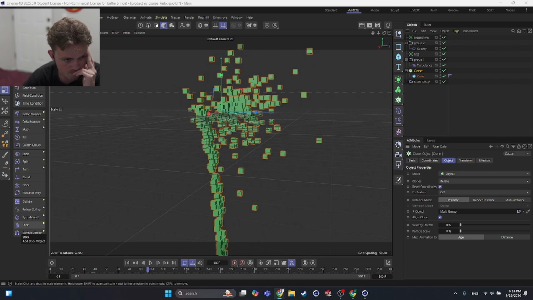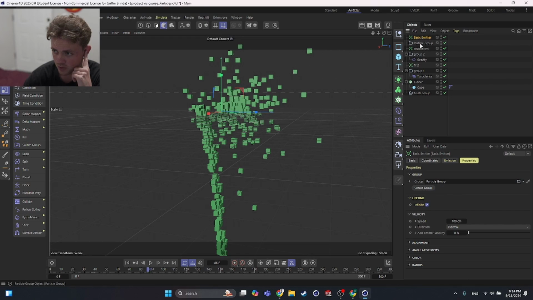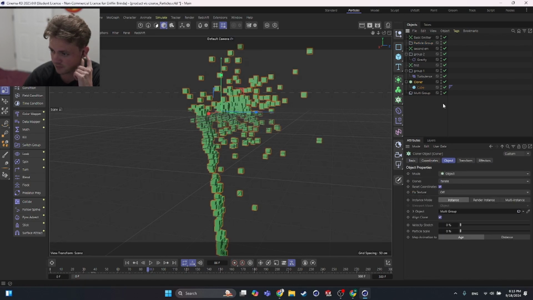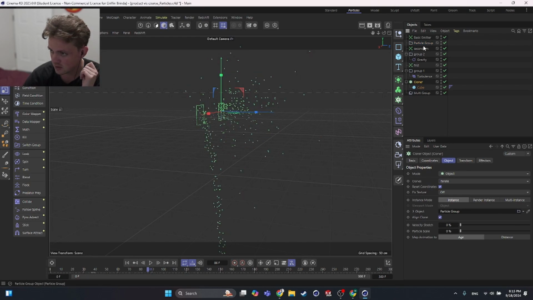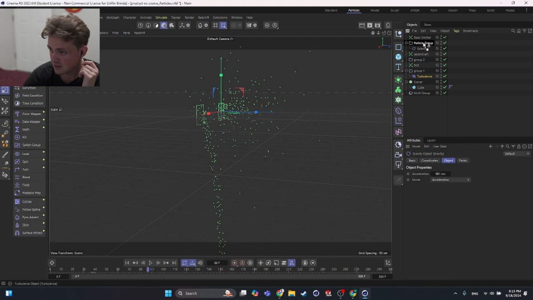Okay. Now that we have a basic understanding, let me sum this up to see if I remember. If you add an emitter, it comes with a particle group. Say I have my cloner. That particle group is how you make that connected. And then inside of the group, you can put effectors such as gravity and turbulence. So if I want to put gravity and turbulence and turn down gravity,